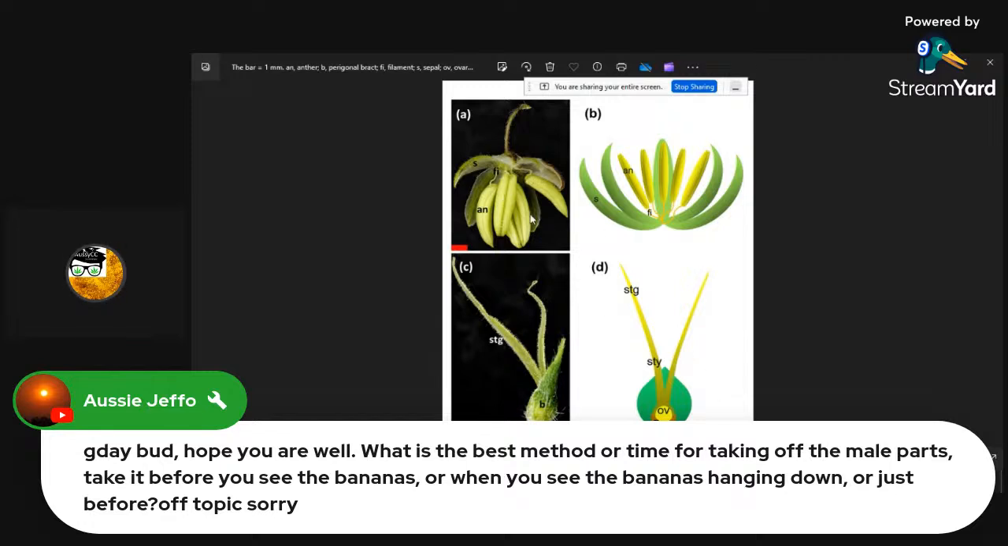So to stop that happening, you don't want the pollen grains to get on top, and you want to be immature if they do land on top. And you can tell if